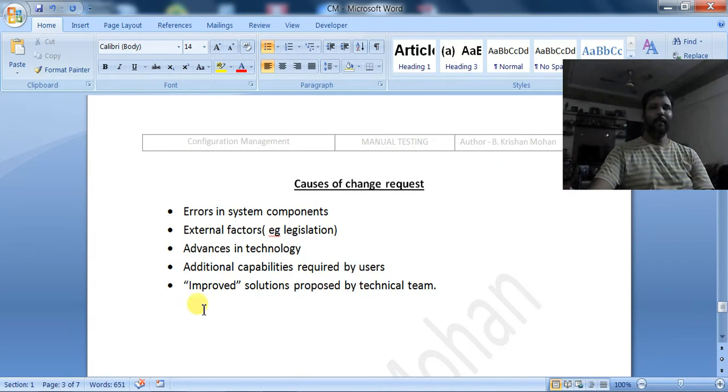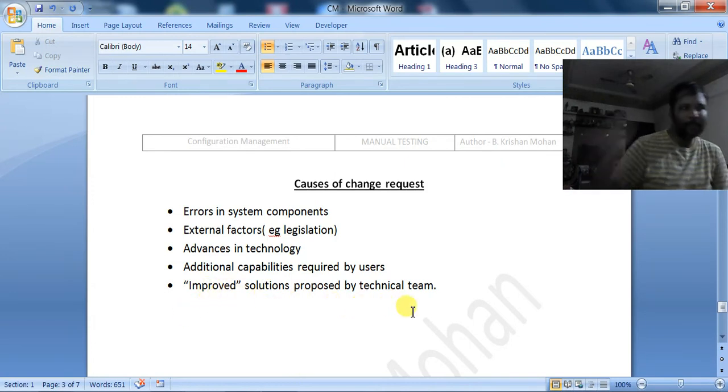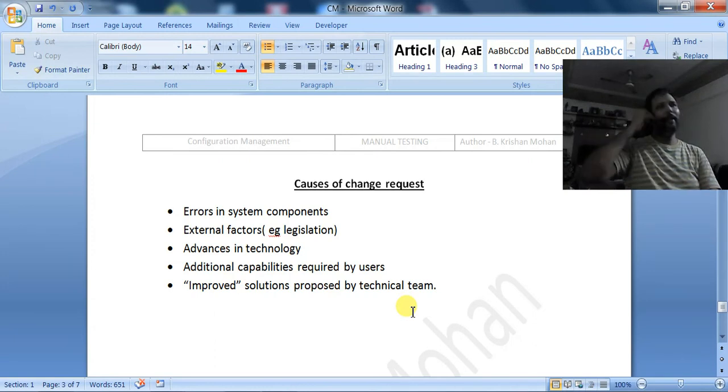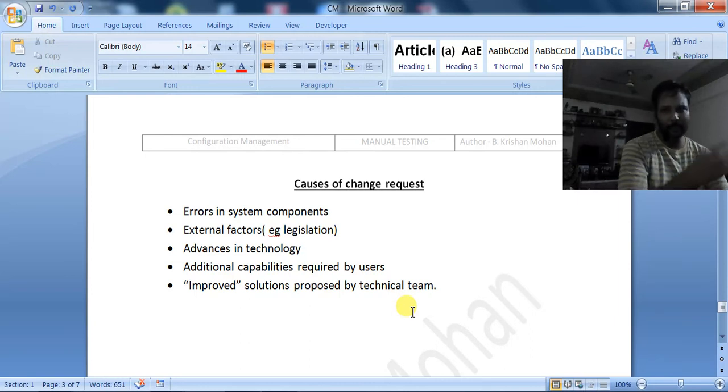Then improved solution proposed by the technical team. This means that while they have given the requirements to the development company and we have started developing that project, the expertise on the client side has identified that the project can be done in an improved way also.